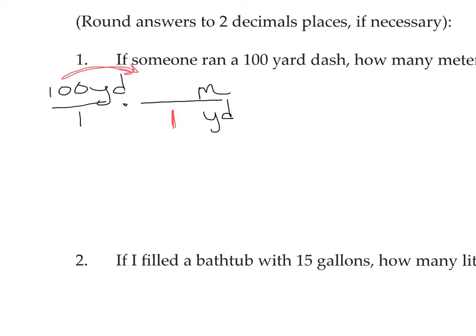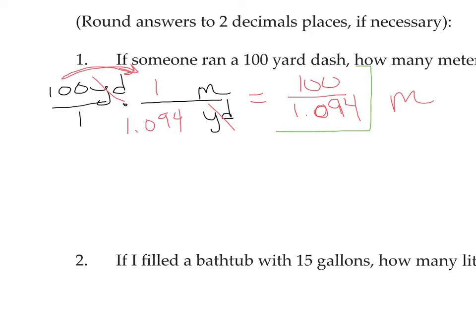I don't see one that has a 1 yard on the bottom, so we're going to have to use something else. We're going to have to use 1 meter equals 1.094 yards. The yards cancel. 100 times 1 on the top, 1 times 1.094 on the bottom with meters. And you're going to need to do this decimal division. When you divide this out, 100 divided by 1.094,